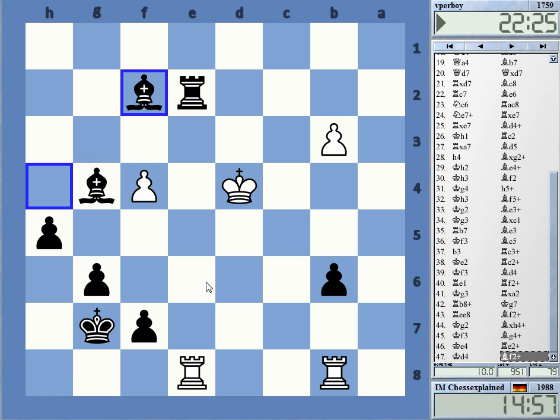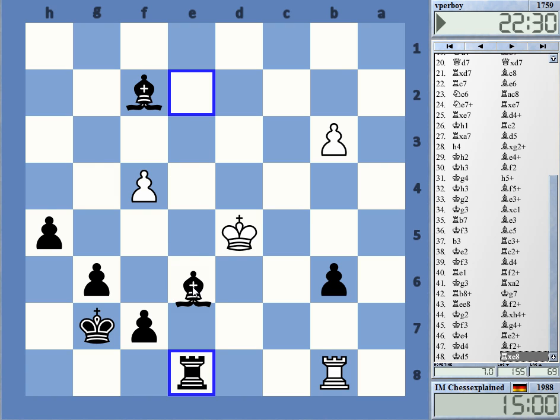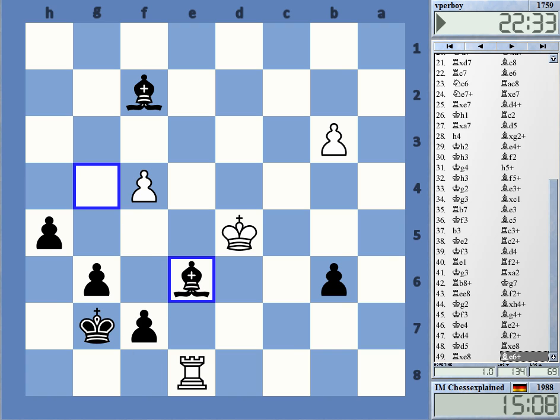The bishop is good on f2 anyway, where it covers the b6 pawn. The only weakness. Okay, that's now pretty easy. I can take and go bishop e6. Check. Winning the b3 pawn, and that's the final